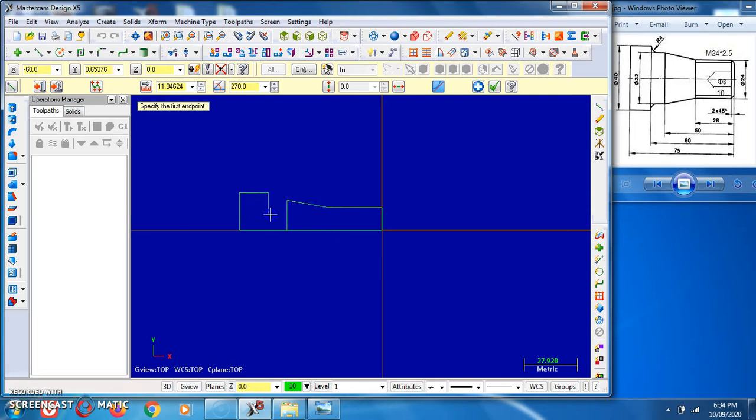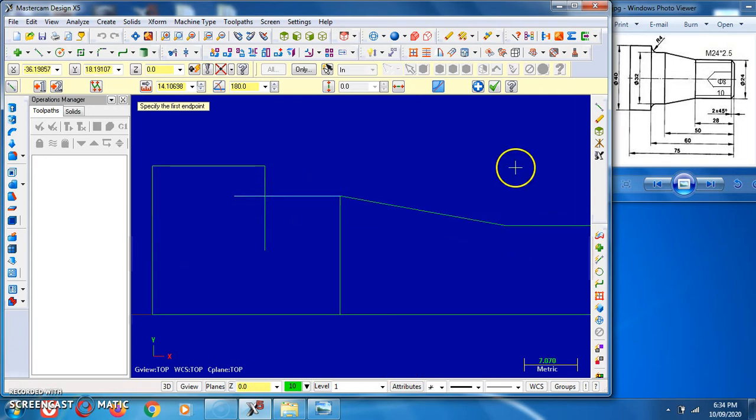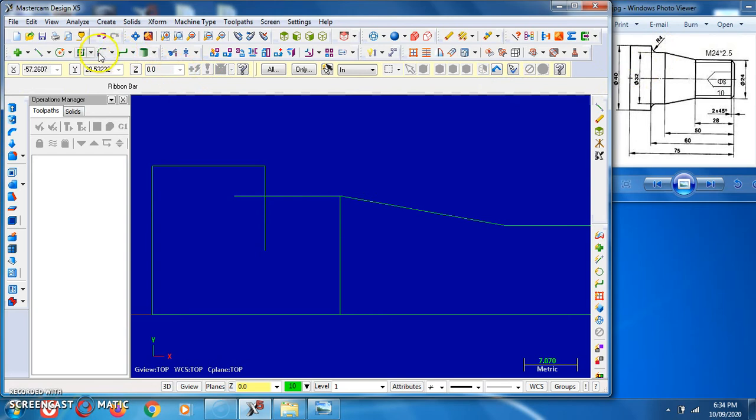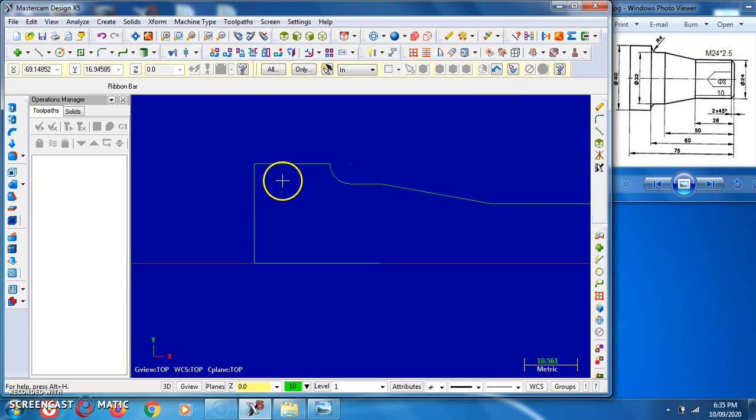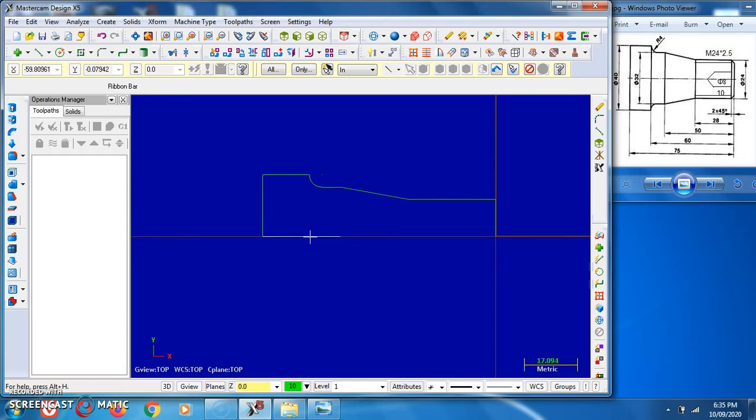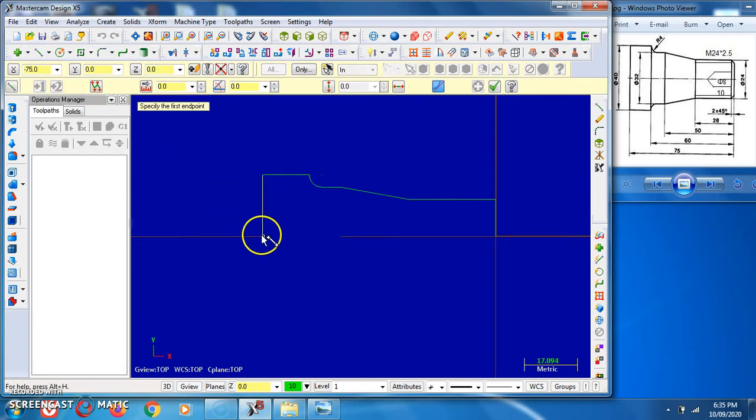Again we can draw the line from both the points. Now here we require the radius of 4 mm. So here we can use the fillet command. Go for the fillet, select the radius of 4 mm, select the first line and the second line. Automatically the remaining portion gets trimmed out. This is the unwanted line, it was just drawn for projection purposes. Now we can complete the figure. So this is the half portion of the figure.